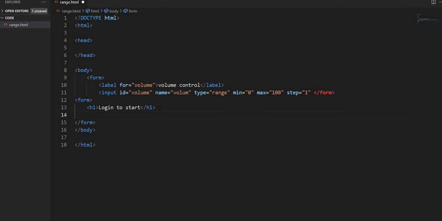In our form, we will use the label for username, close the tag, username,